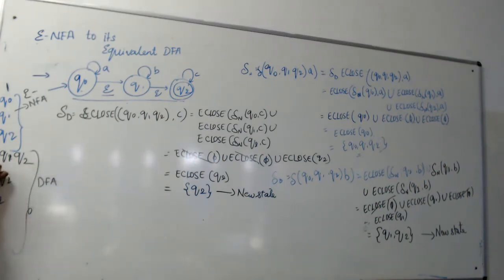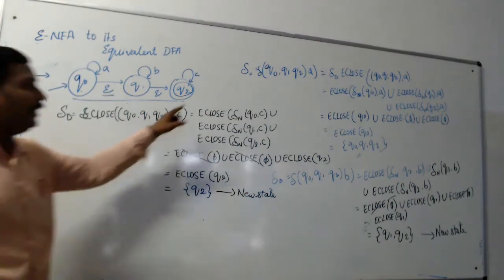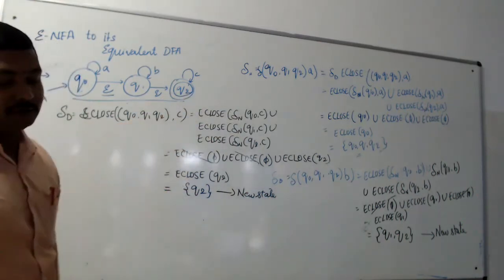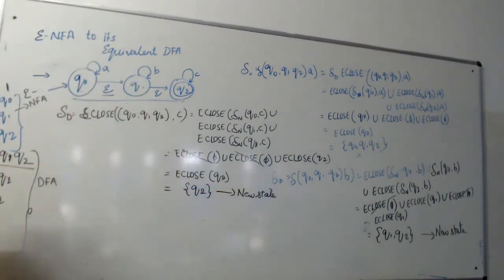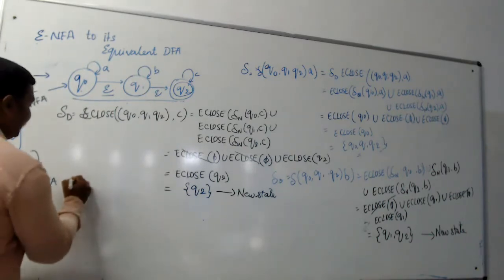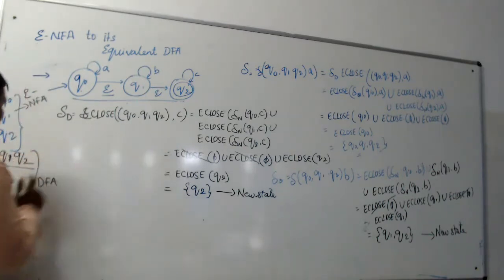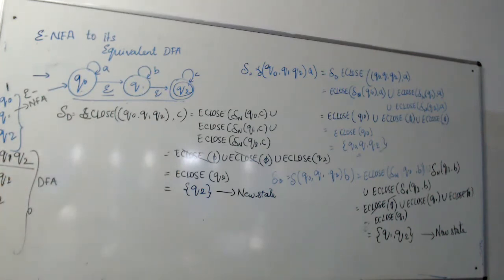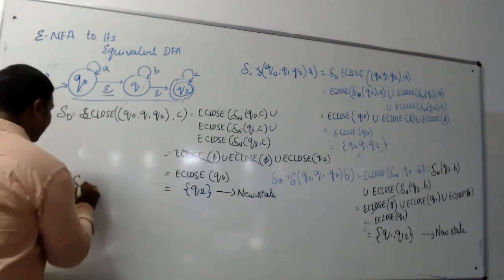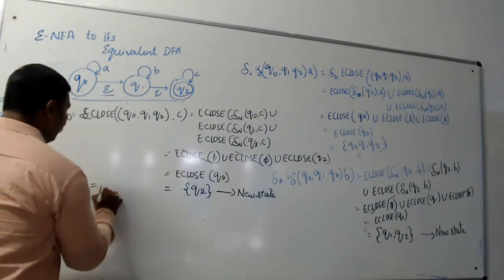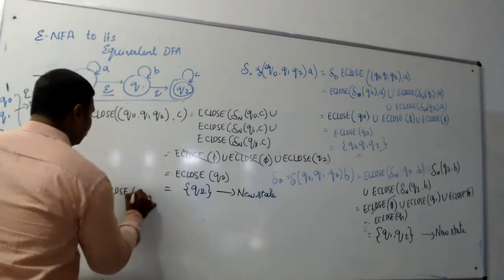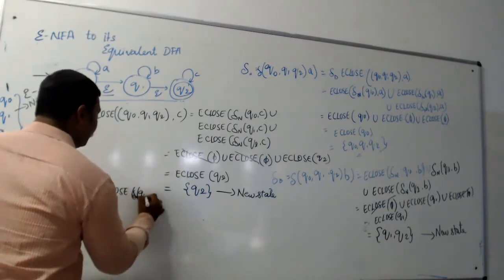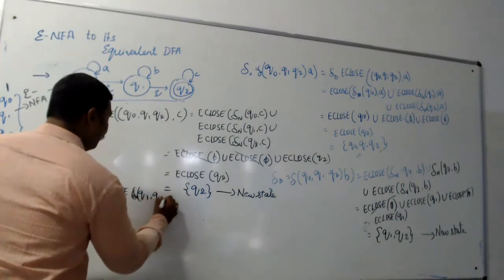So upon the state Q0, Q1, Q2, I have applied all the A, B, C values. Upon these A, B, C values, I found new states: Q1, Q2 and Q2. Right? Now for these states, since new states have come, I will again apply the variables. So that is the transition of DFA equivalent to E close of transition of NFA upon Q1, Q2 on A.